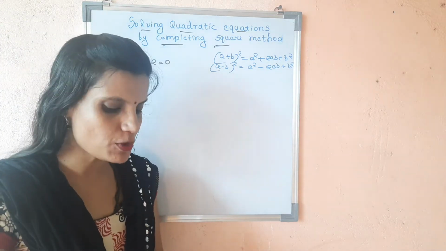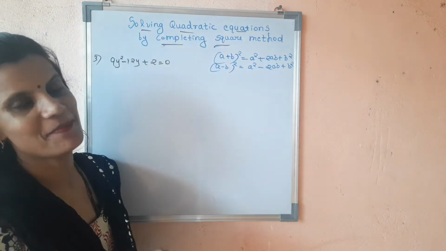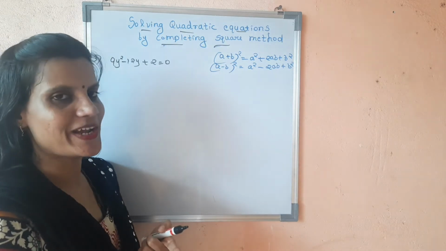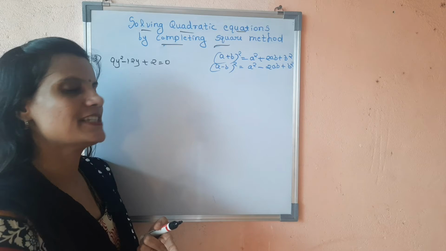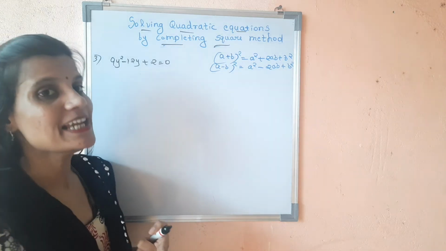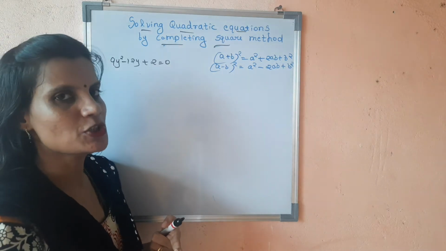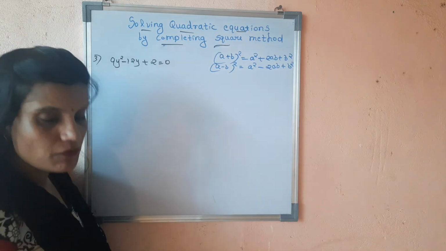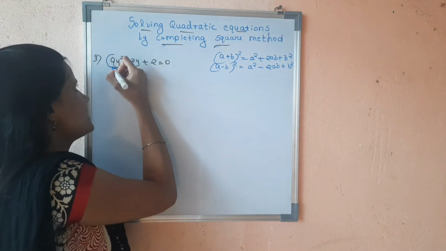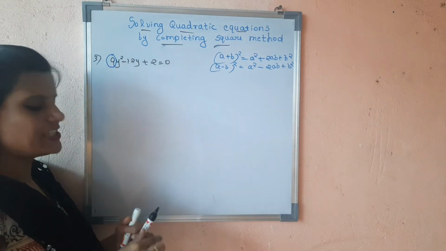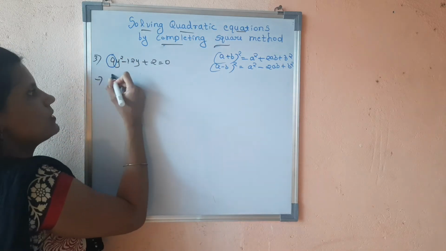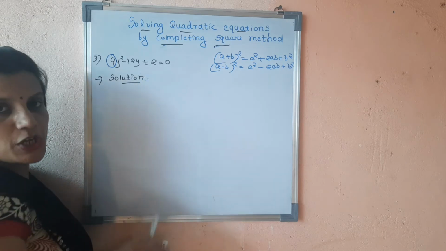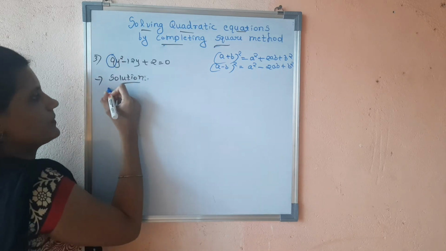Students, I already told you, to solve in completing square method, you should follow 2 steps. The first one, you should convert into a general form, and the second step is you should see the coefficient of the first term should be 1. Here it is a general form, yes, but the coefficient of the first term is 9. So our step will change a little bit, that is, your first step will be, you should divide the whole equation by this coefficient.